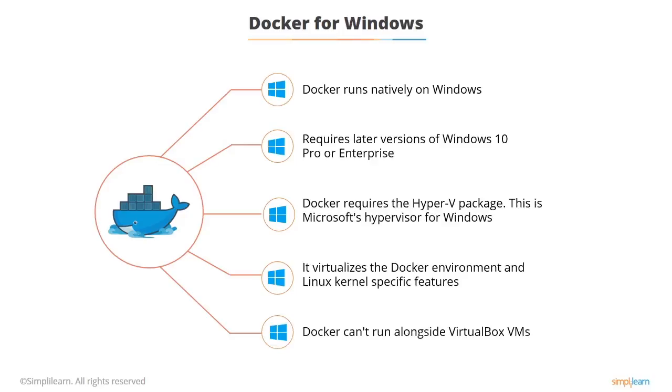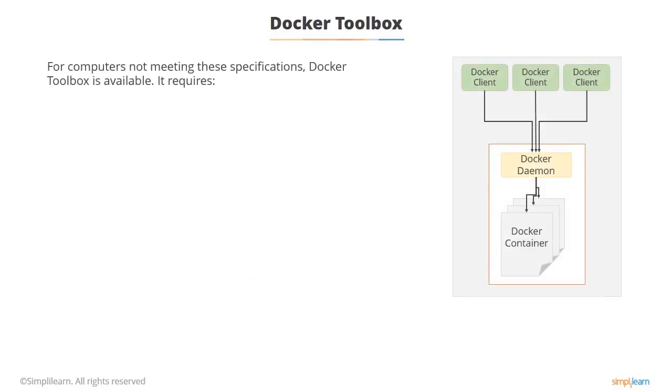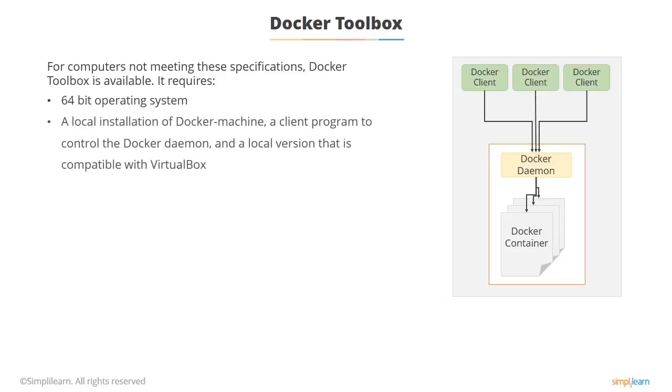They can't work together. So if your OS is not supported, there's a thing called Docker Toolbox, which is what you had to use on OS X and Windows before the first part of this year when it was finally released. What it is, it's a virtual machine. It uses VirtualBox, and it's completely packaged: a virtual machine running a Linux operating system which has Docker installed on it. You just run that as a normal virtual machine on your operating system, and then you've got Docker, which can then run other applications.